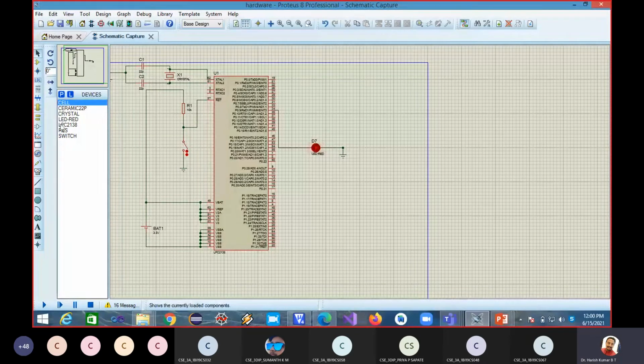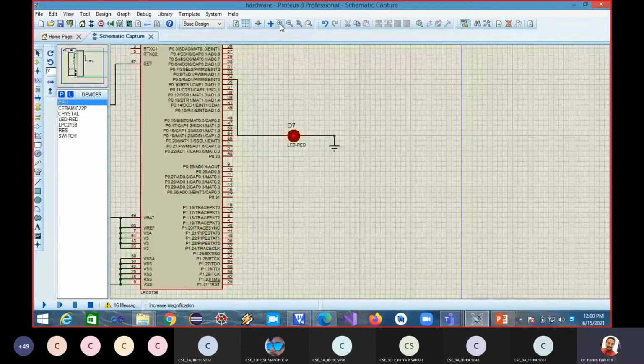This is the LED. So I have the components. You can get the components if you just go here, parts. Okay, you can get all the components. Now these are the components which I'm using here. It is the red LED which I've placed. Okay, light emitting diode. See, and where it is connected.